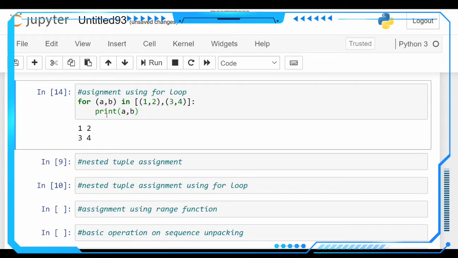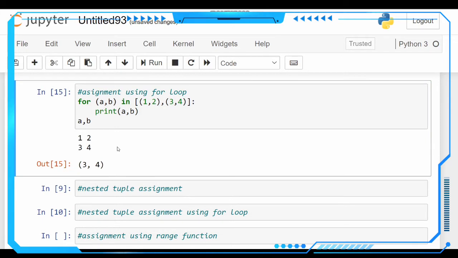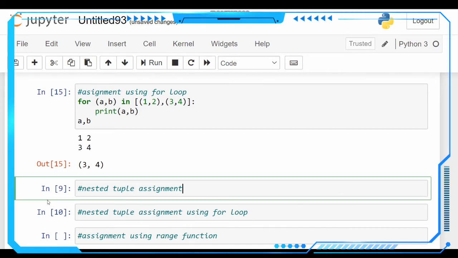Here it is printing the first line 1, 2 and 3, 4, but we have to know which values are stored at last. At last, which values are stored? See here, 3, 4. So the last assigned values are stored in these variables. So this is just a pretty for loop assignment.